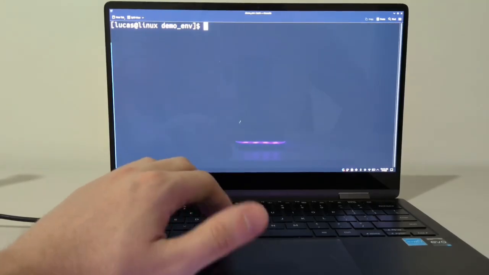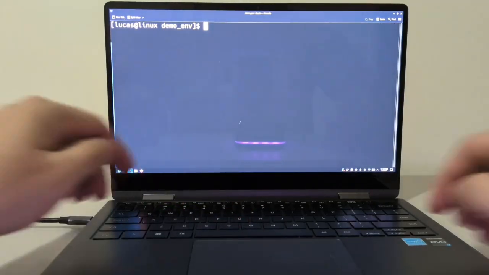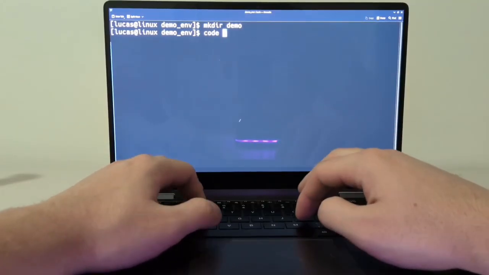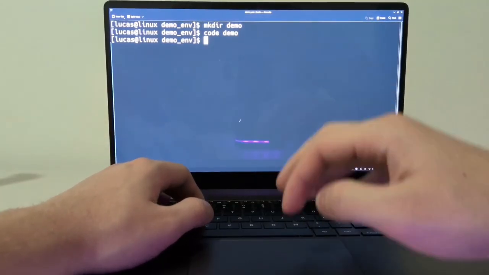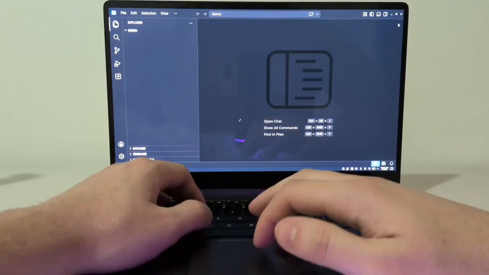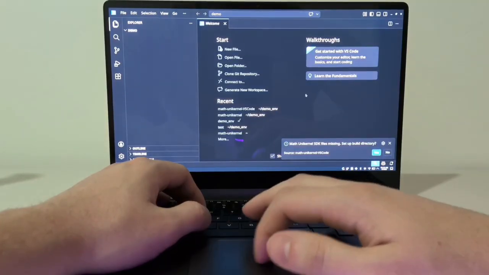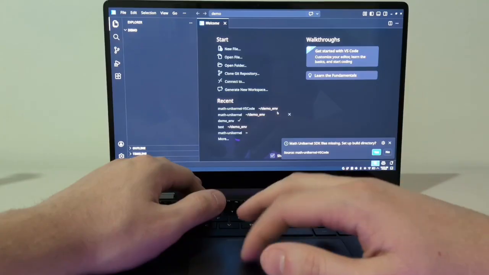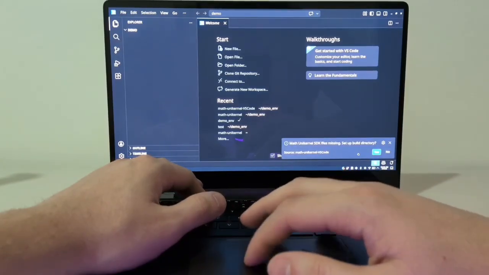So now we're ready to create our workload directory. So we're going to create a new directory. We'll call it demo, and we're going to open it in VS Code. Since this is a completely empty directory, devoid of the SDK folder, we're going to hit yes on this